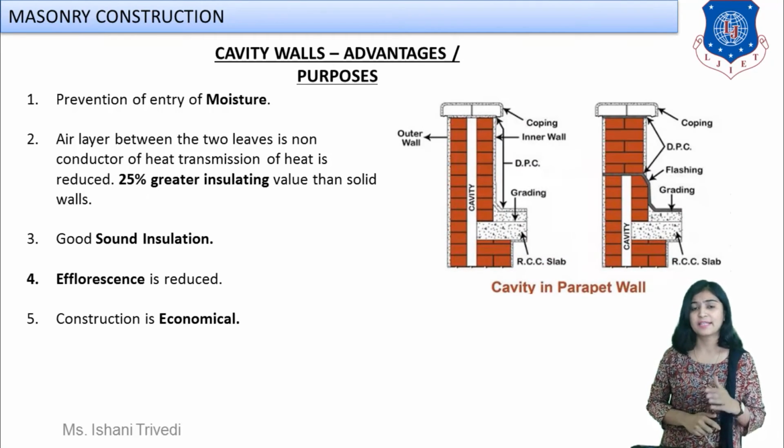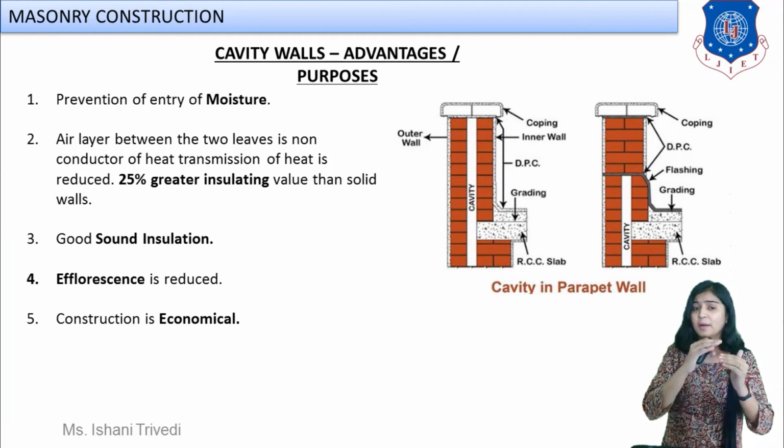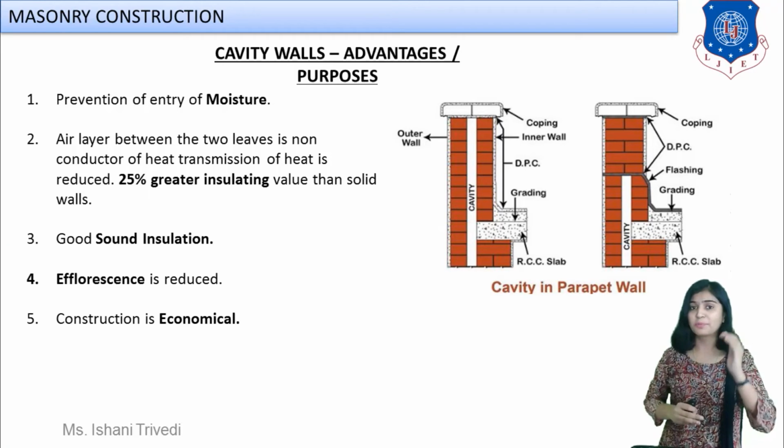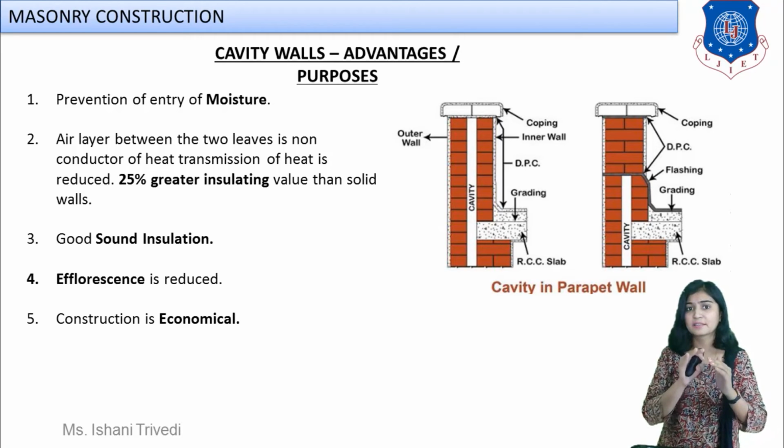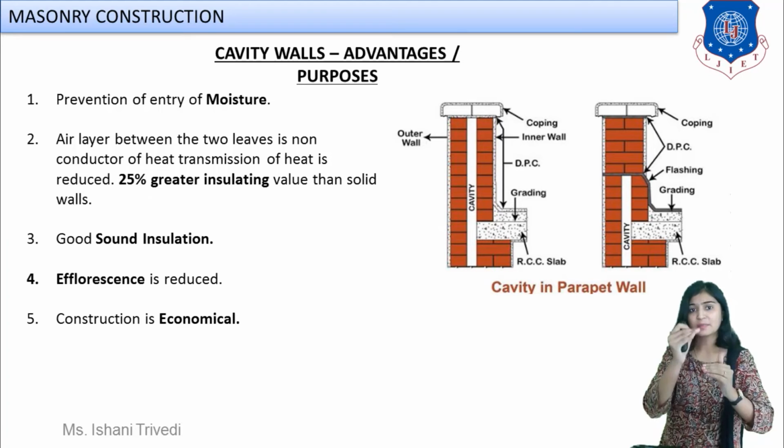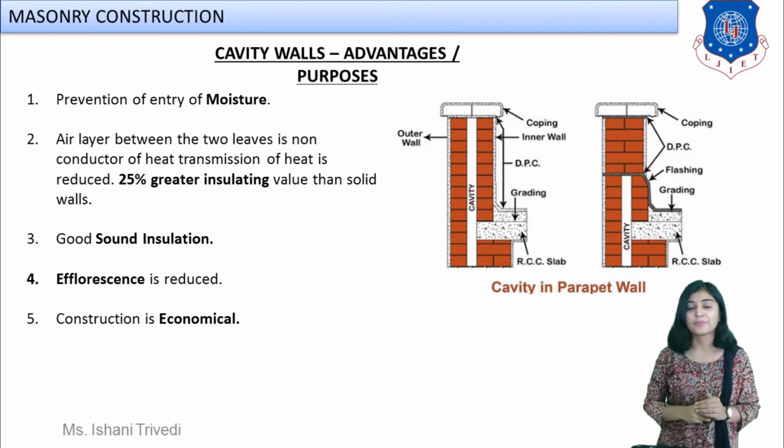Okay. Next, second, here cavity wall is located up to, in one case it is located up to the parapet level, up to the coping, and in the second case it is completed at the roof, and then comes your parapet level and coping.